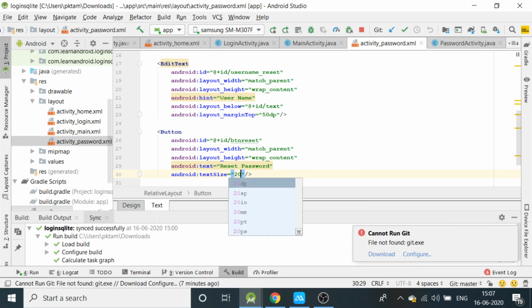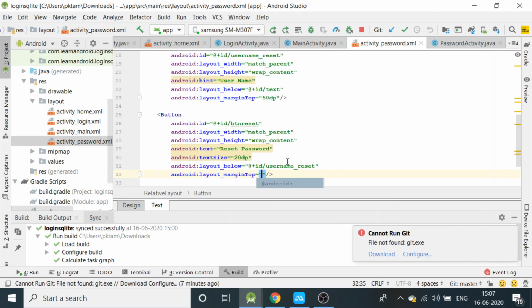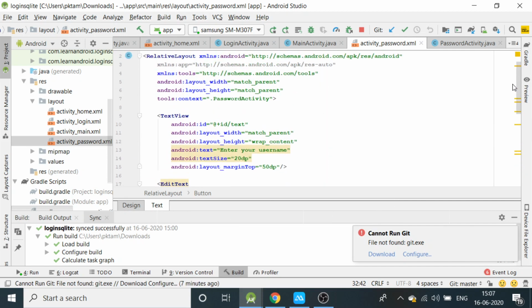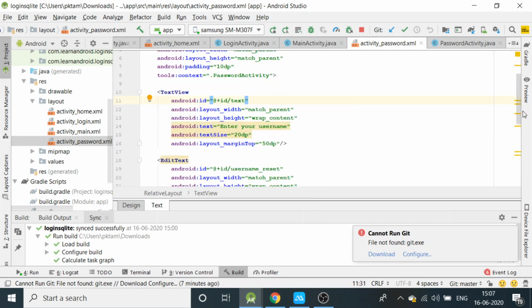Then text size equal to 20 dp, and then it should be below the edit text. So we'll write layout below equal to ID of the username underscore reset. Then we'll give some margin here, Android layout margin top equal to 50 dp, and then we'll define some padding here. So padding equal to 10 dp in the layout.